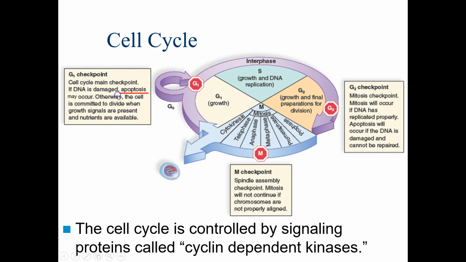So, what the hell is apoptosis? Apoptosis is a kind of cell death, and we'll get to that in a bit. But if the DNA is damaged, the cell may die. This will occur if the cell has damage to the point that it can't repair it. The cell will always try and repair its damaged DNA.